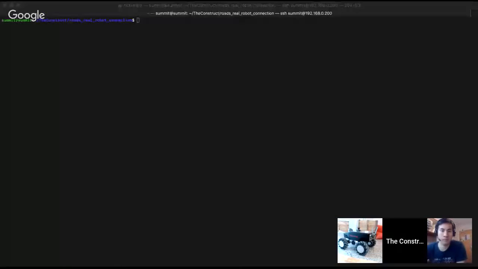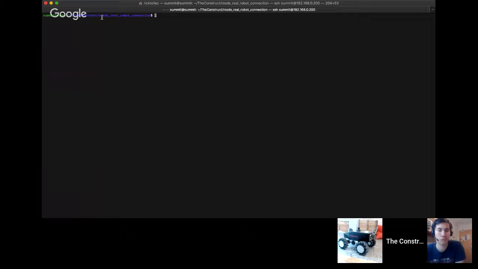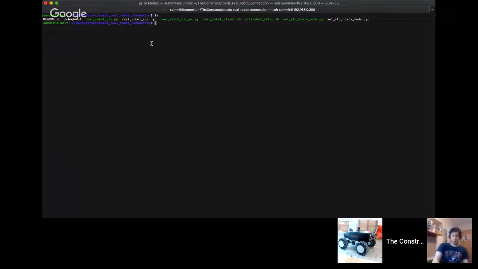here that I have connected to the real robot. Okay, so that's the Summit computer that is inside. And then inside there, I have installed a package that is the ROSDS real robot connection. It is there installed already. So that only has to be installed once. And I have created another video showing how to install it. It's very, very simple. So I will put beneath this video a link to that package and the instructions about how to install